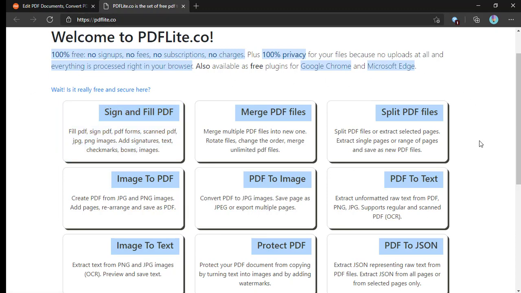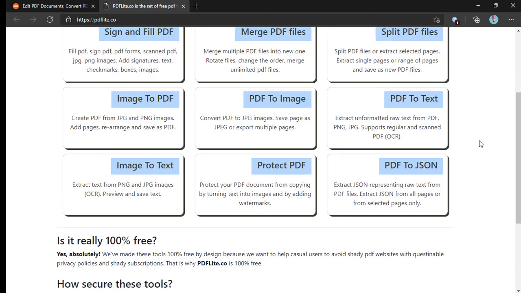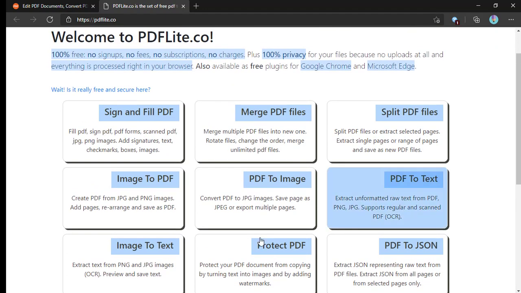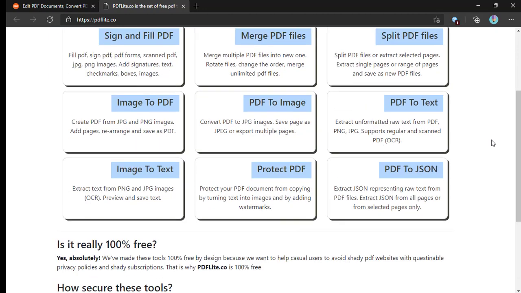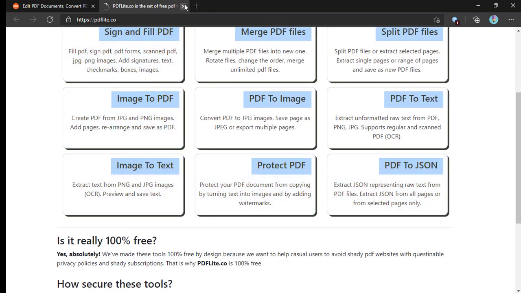It contains different tools which are absolutely free and work offline, so all of the processing is done in your browser. Your data won't go to any server. So this is the perfect choice if you just want any operation done manually. So this is the place you can visit.